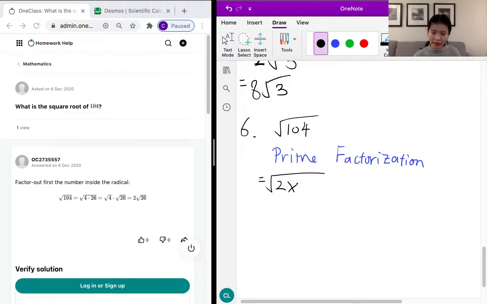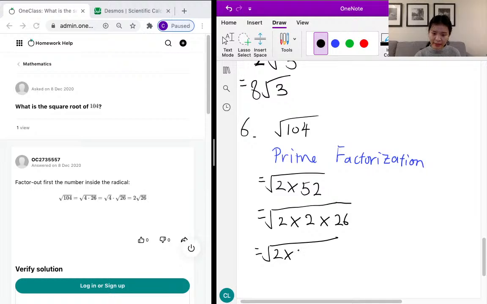Again, any number that ends with 0, 2, 4, 6, or 8 has 2 as one of its factors. So we can just write 2 times 52 as 2 factors of 104. Again, 52 is also a multiple of 2, so we just write down 2 times 26 as 2 factors of 52. Next, we know that 26 again ends with 6. It's also a multiple of 2. So we know here that we have 2 times 2 times 2 times 13,